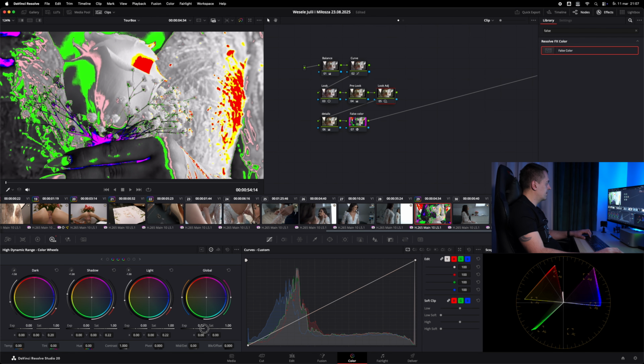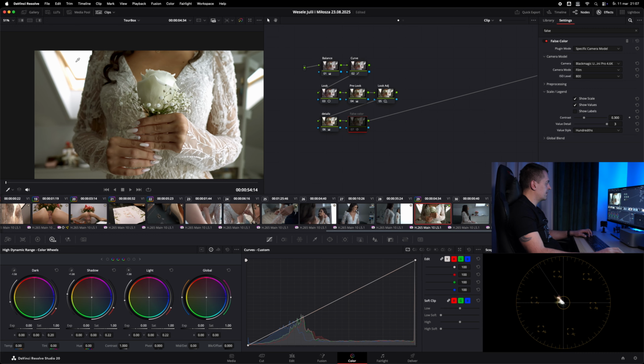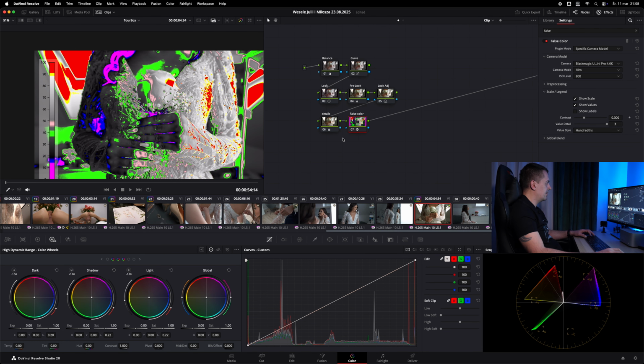Don't look at the windows because it's natural that the light coming from the outside through the dark room is blown. So I will not be correcting this, but I want this area to be proper.